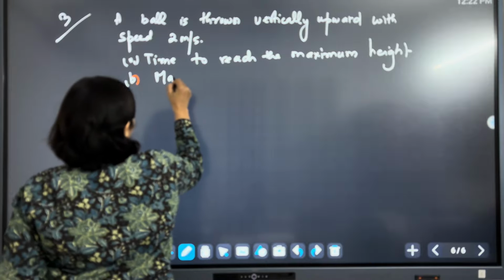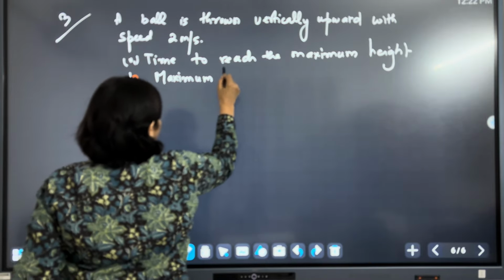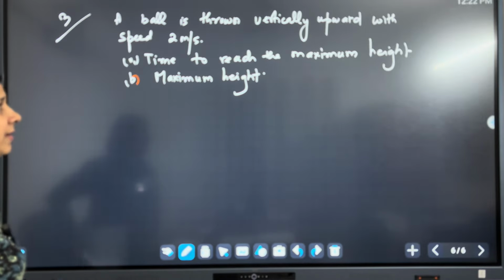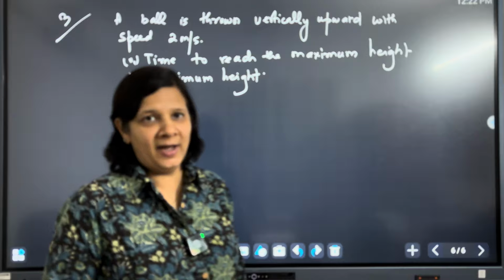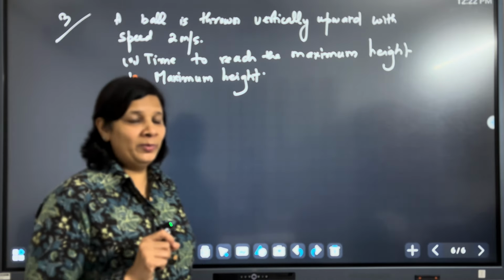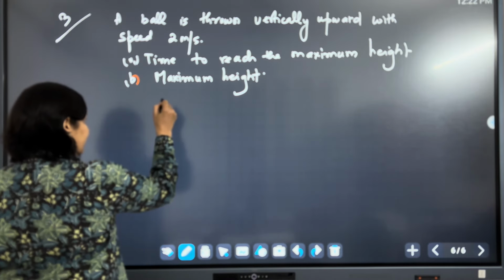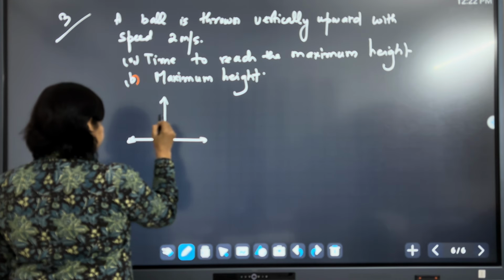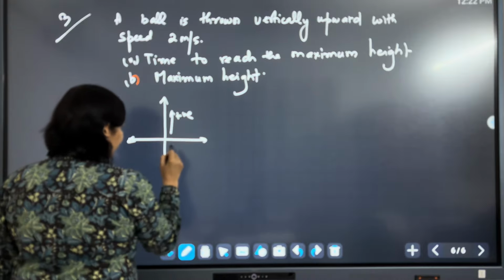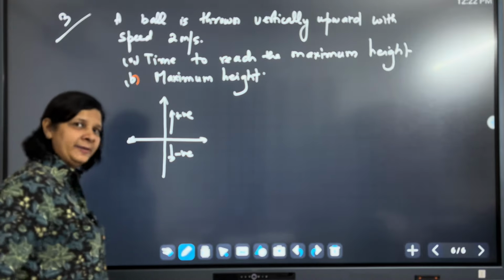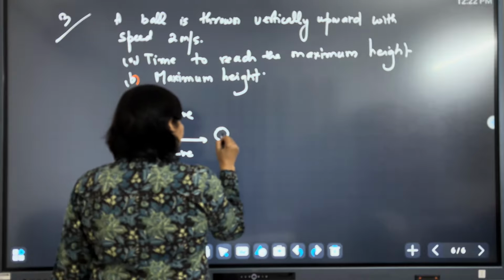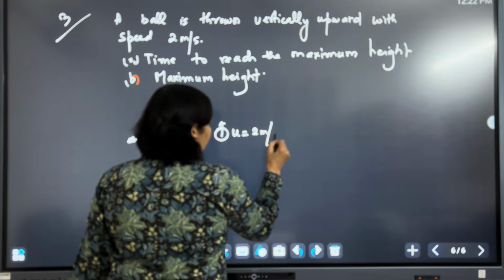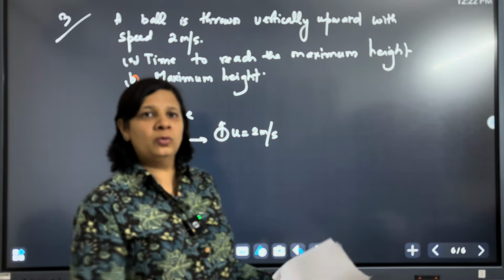And also you have to find the maximum height, right? Find the time to reach the maximum height and find the maximum height. Now, vertical motion problems, you have to be careful, right? So for example, here you can use according to the Cartesian system, no problem. Upward direction to be positive and downward direction to be negative, right? Now, when the ball is thrown up, initial velocity is how much? 2 meter per second. You need to have certain speed to throw up, right?